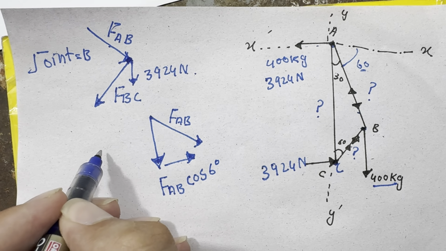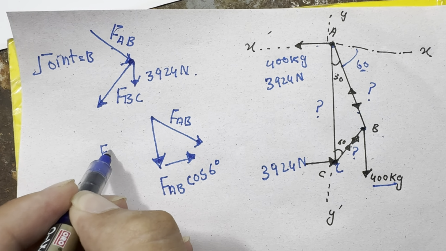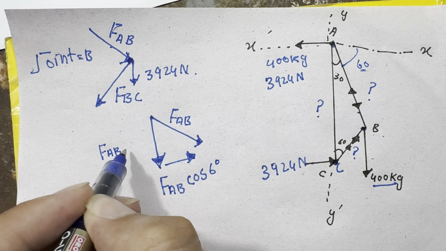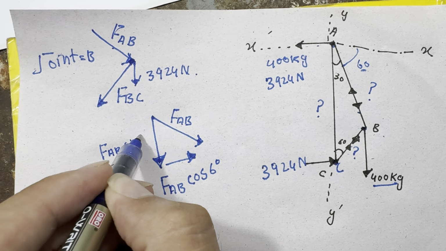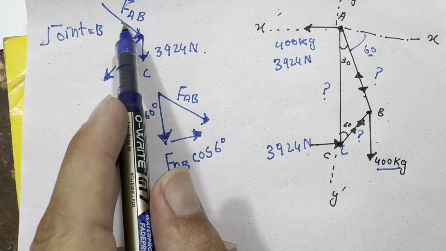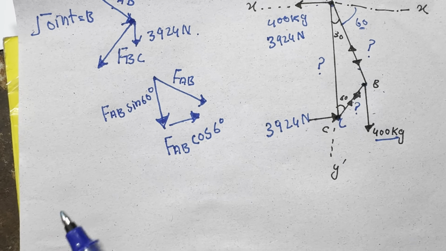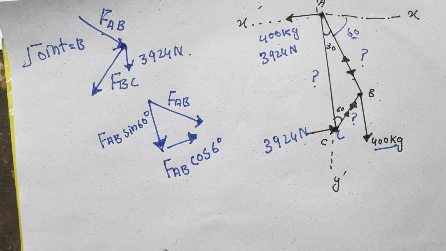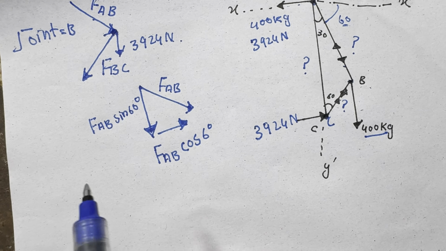So the vertical component is FAB sine 60 degrees. I resolve this into these two components,